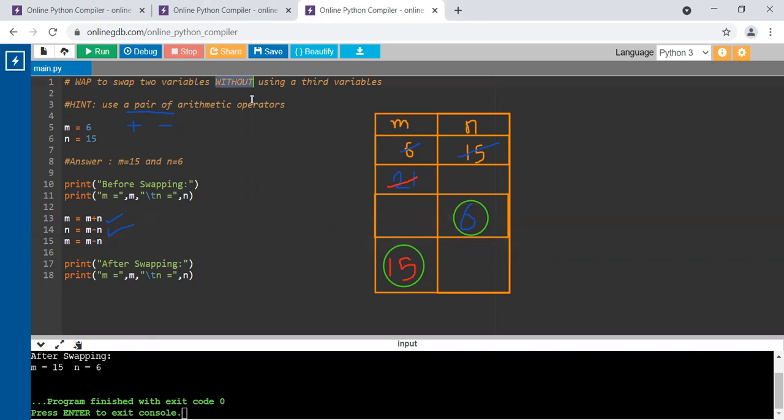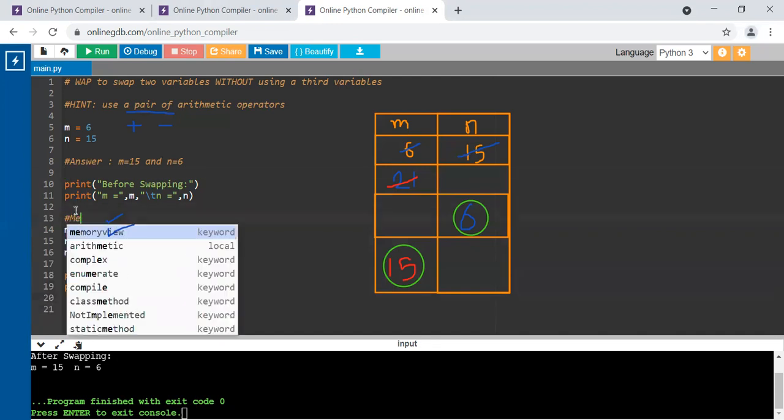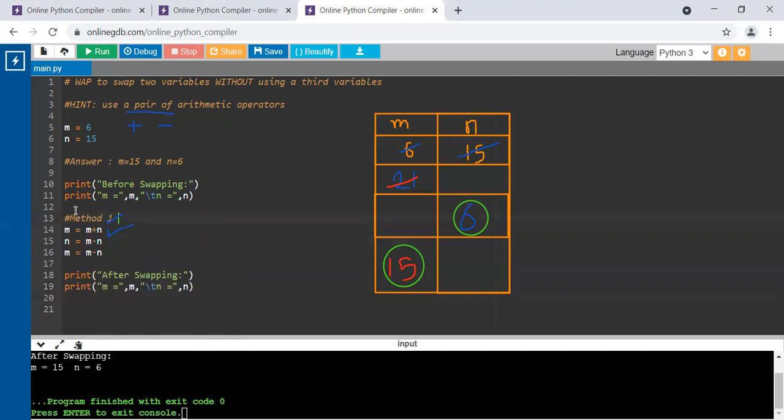Now, if you want, you can try one more alternate way for swapping two variables without a third variable. I'll show you how to do this. So for that, let's give this as method 1, where we have used addition and subtraction operations to achieve swapping.